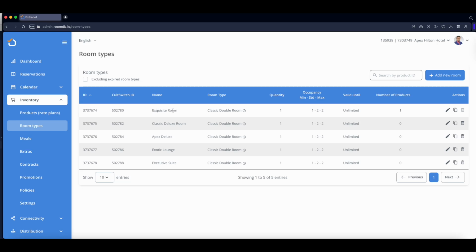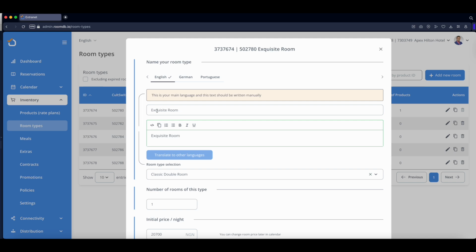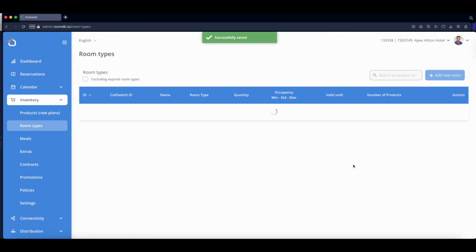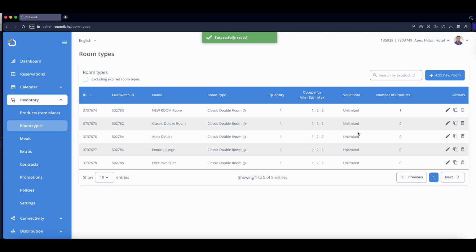If you want to change the name of this room, you can go on edit and change the name of the room like this. To make all the needed changes, just hit the save button. Now it's fully saved. Or you want to delete it and add a new one, but it says you cannot